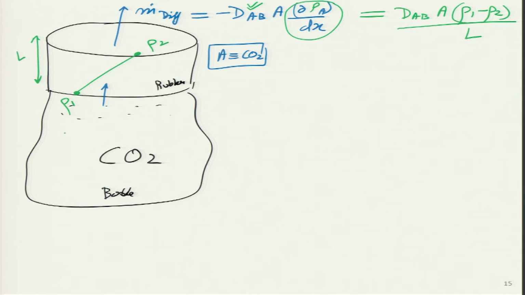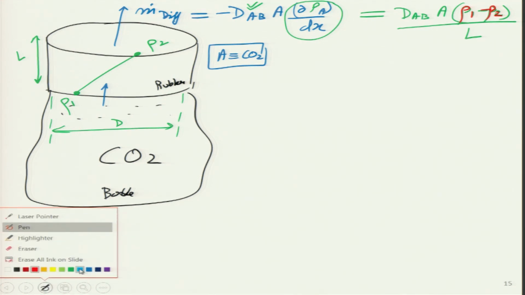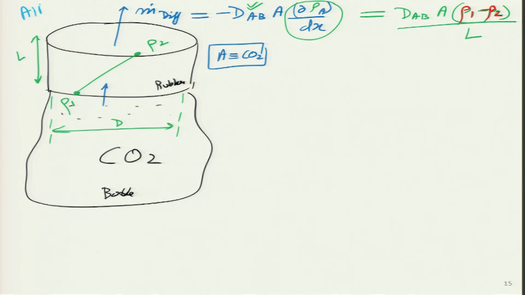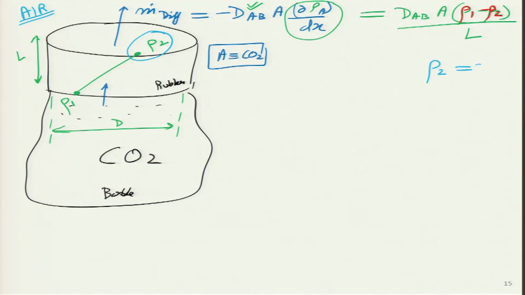And I also know the diameter of the cap. So, this is the diameter of the cap over here. All I need in this particular equation are two values, density 1 and density 2. Now, when we buy this container and put it in our house, we are surrounding it by air. So, everywhere else is air, which means this boundary condition I already know. Outside the cap, the air contains very less CO2. So, directly I can write over here the density 2 is 0. That is the density of CO2 in the air just outside the cap is 0. That is density 2 over here.